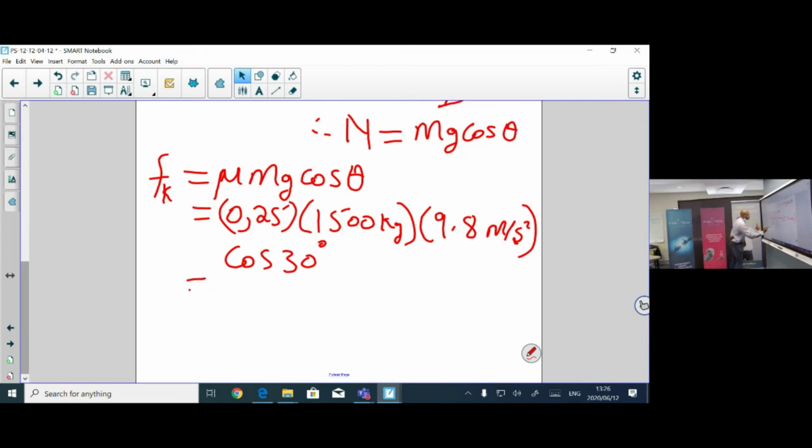Let us calculate. Just use your calculator. We have 0.25 multiplied by 1,500 multiplied by 9.8 multiplied by cos 30, which is